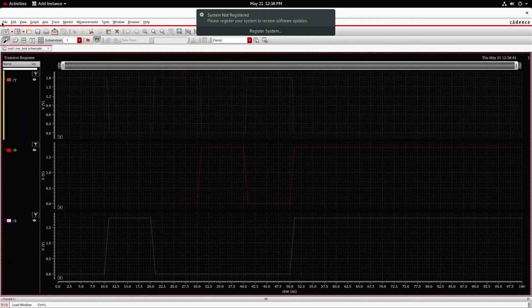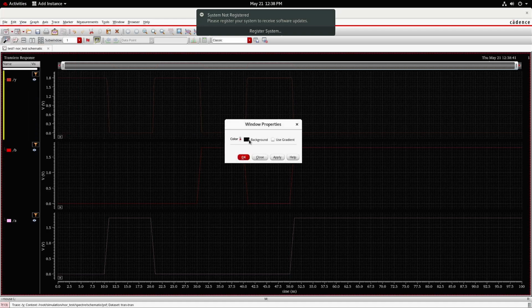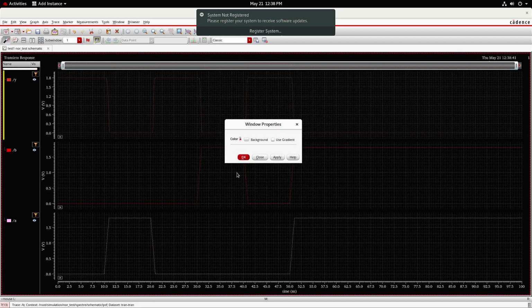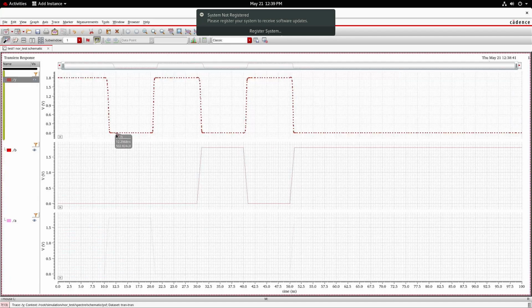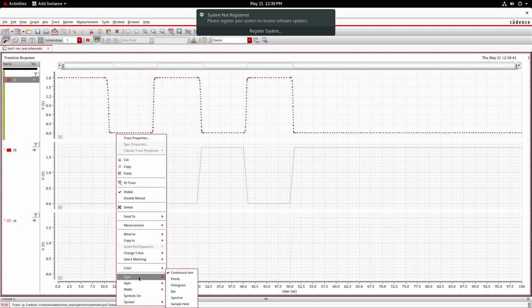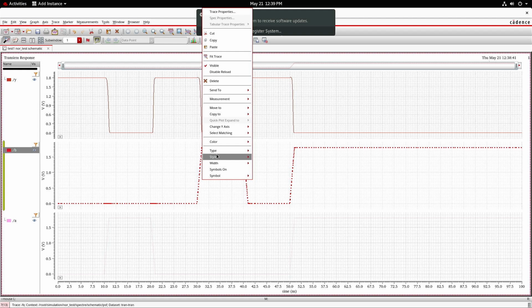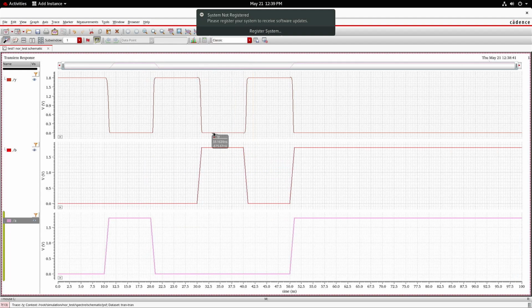You are going to observe the inputs followed by output if I demerge the waveform. Now your waveform looks like this. I am going to change the background here to white so that waveforms are clearly visible. This is the output, these are the inputs. I'll just change the properties of the output waveform so that they look clear. Instead of dotted line, I am making it solid. Now all the 3 waveforms look like this. I need to compute the delay.